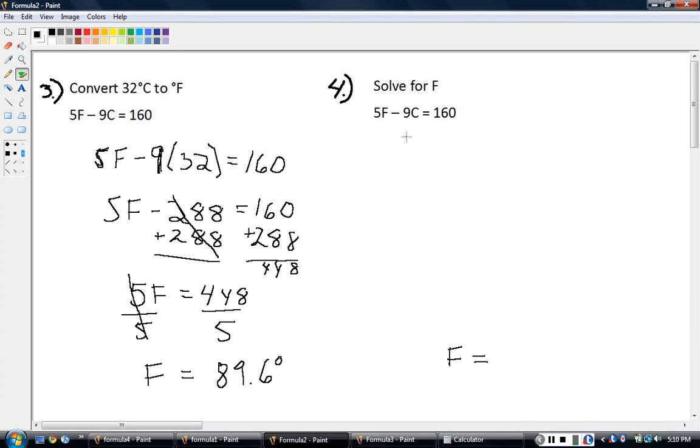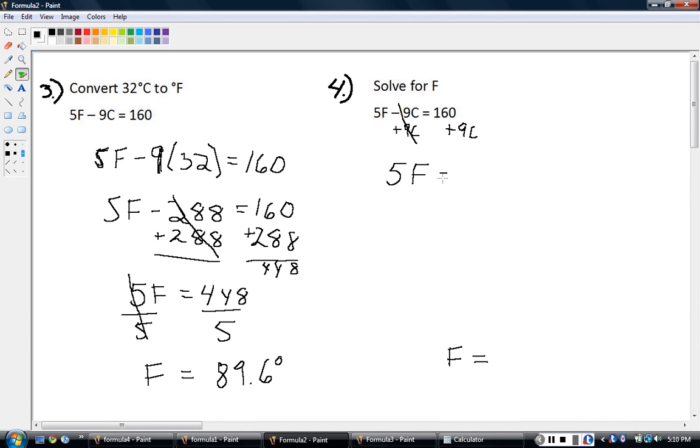Okay, so see if you can follow this. To get f by itself, it's the same idea. I got to get rid of this expression first. How do I get rid of this expression? I add it to both sides, right? So I'm going to say plus 9c to both sides. Negative 9c plus 9c is 0. So I've eliminated that term, so that's good. So it leaves me with 5f